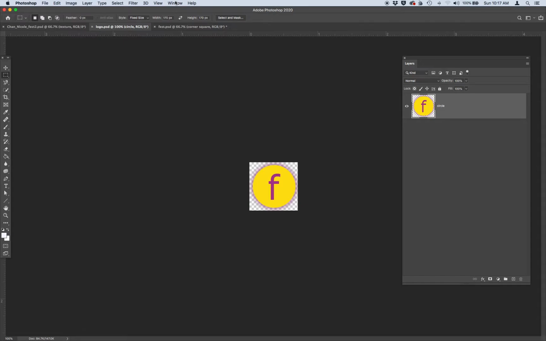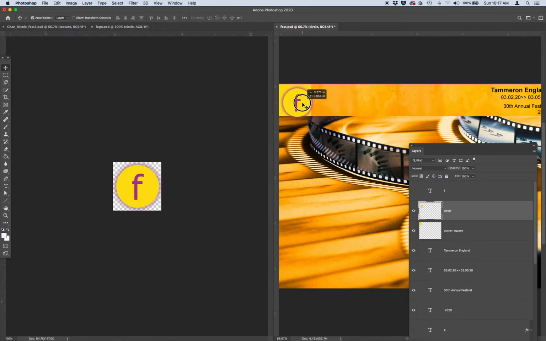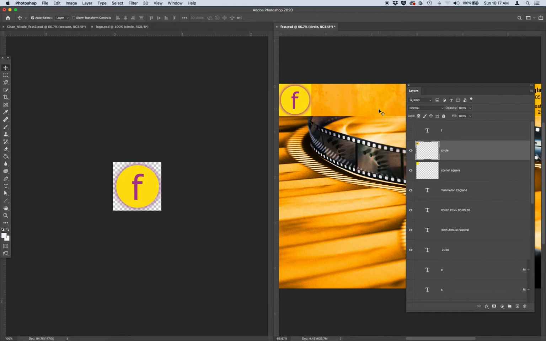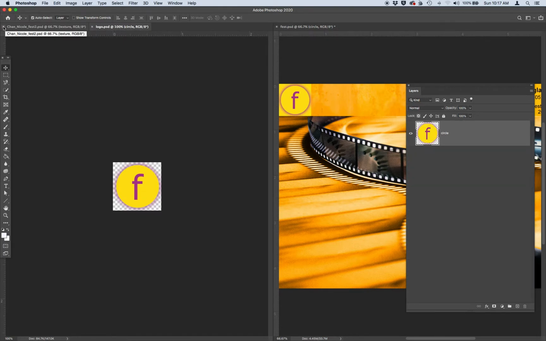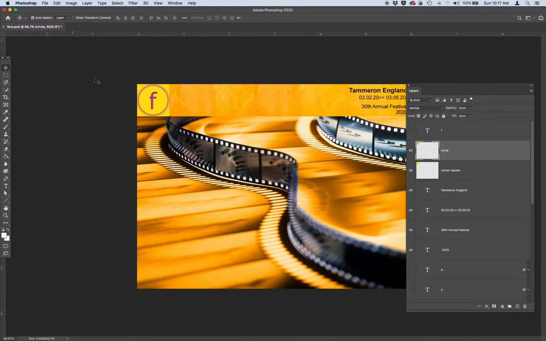Let's view both of our images at once. Go to Window, Arrange, 2-up Vertical, so that we can see our logo image and our original image that we're working in. I want you to grab your Move tool from your toolbar, and simply click, hold down your mouse, and drag the logo icon into your main image. Go ahead and center that into the corner square layer. Notice that the name Circle appeared in your Layers panel, which is really helpful because it's the same as this image. Then I'm going to close out my logo image because I don't need it right now. Sorry, that's the example I was using. And so we've got our fest.psd